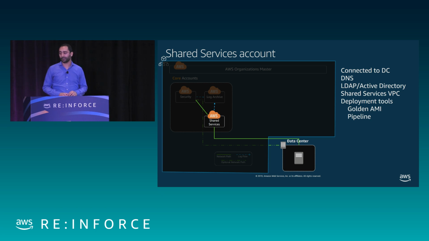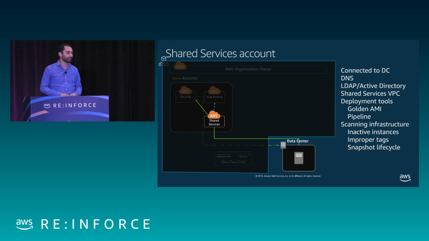Some customers go in and build a deployment pipeline for going cross accounts, and that becomes another one of the shared services. And in all of this, we're thinking in terms of the areas of responsibility of the people that own the accounts. We're matching the people that own things. When we talk about teams, it's the same concept. Maybe looking for limits or snapshot life cycles. Do I have snapshots from 3 years ago that nobody has looked at and I've got a snapshot every single day? Maybe I should clear out some older things. Limit monitoring, those kinds of things. Limited access to the team that owns that area of responsibility.